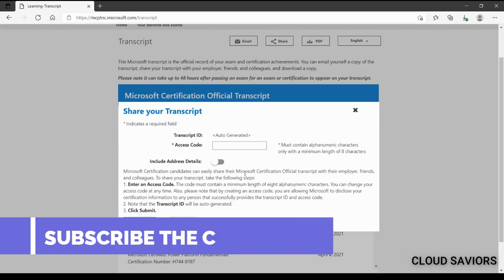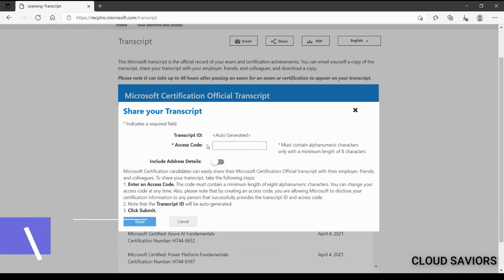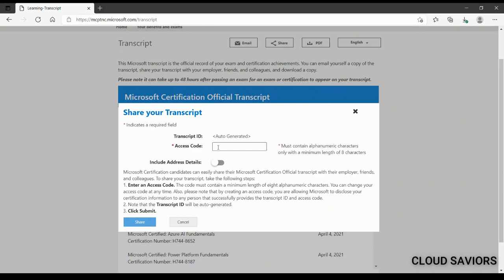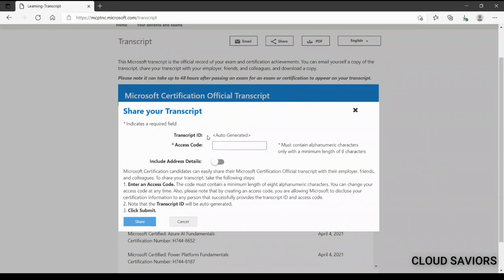The second option is the share option. This is the amazing option. Basically, you can share this transcript with your colleagues or with your manager without downloading anything on your system. The moment you select this option, you have to give one access code, kind of a password, along with the transcript ID, which will be an auto-generated code. If a person has your transcript ID and access code, they can see each and everything about your certification history.